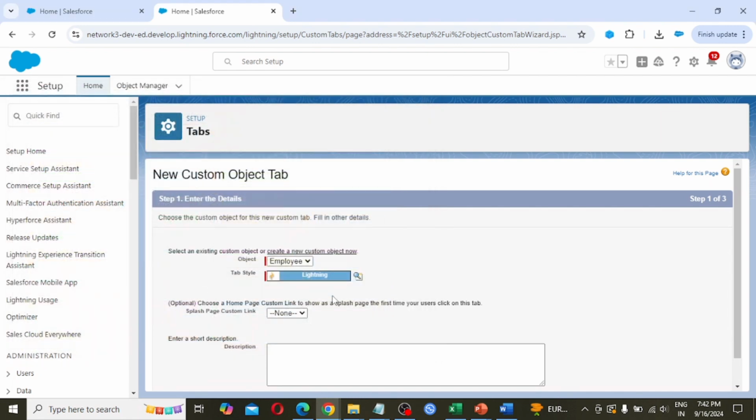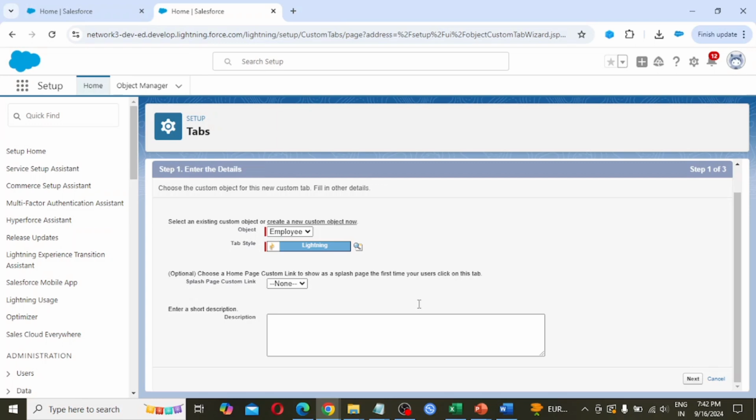Here I am taking lightning and skipping this information. Description: this is for the employee management system app. Click on next. Step 1, enter the details. These are simple details we have to fill in here.